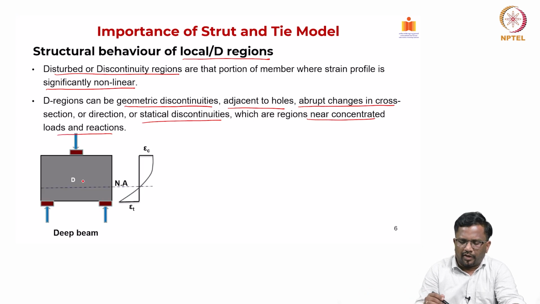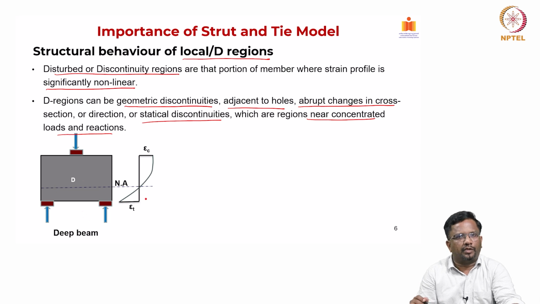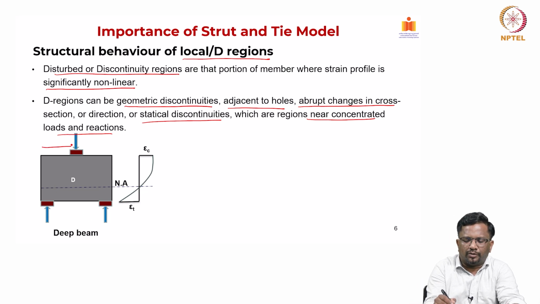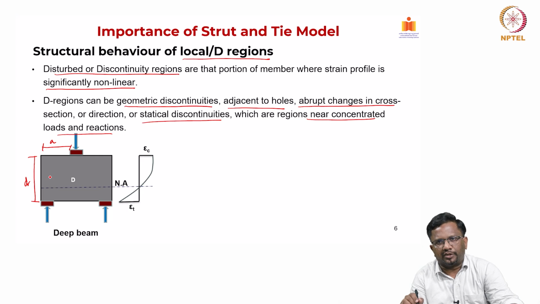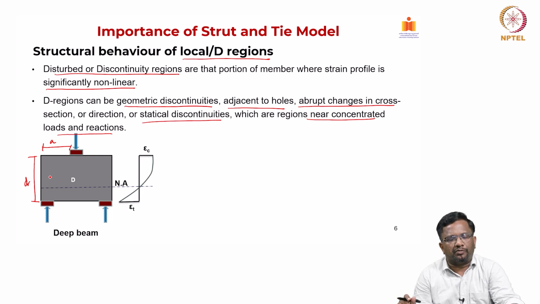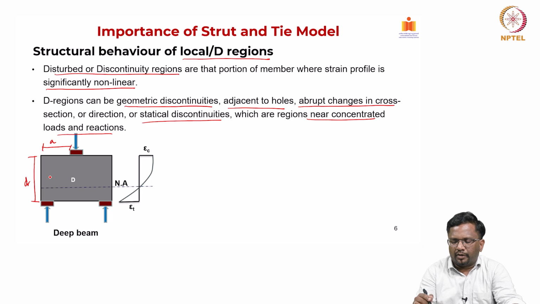Now again, as you can see in a deep beam, depending upon your a/d ratio, typically a, this is your d, right. So typically when your a/d ratio is less than 2 or 2.5, we call that beam behavior as deep beam behavior. Then your strain variation is not really linear, you can see here it is basically a non-linear strain variation like